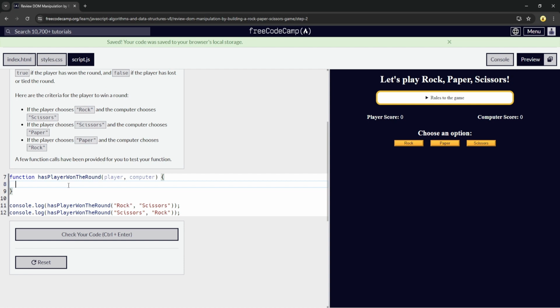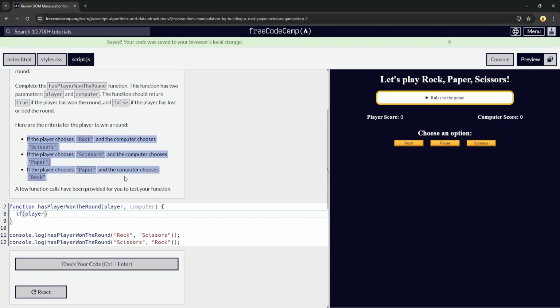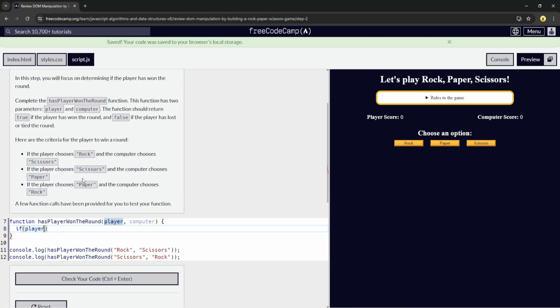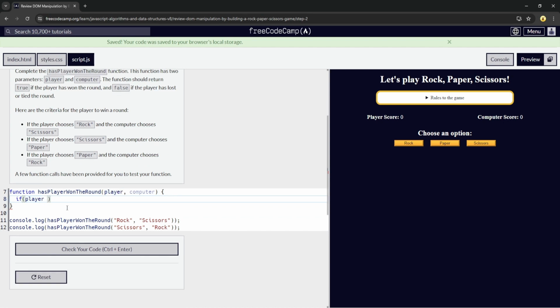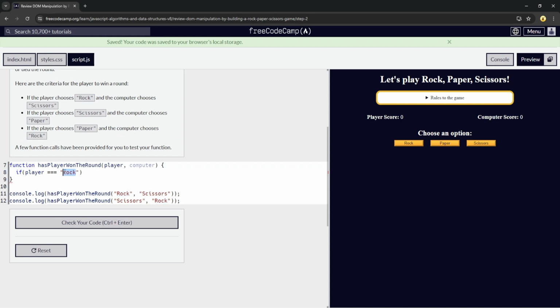So what we could do here is we're going to use the if statements over here, and we're just going to do what this criteria asks us for. So we could determine who won. So we do if player equal rock string, and it should be a capital R. So if computer, so Rock, just like this,